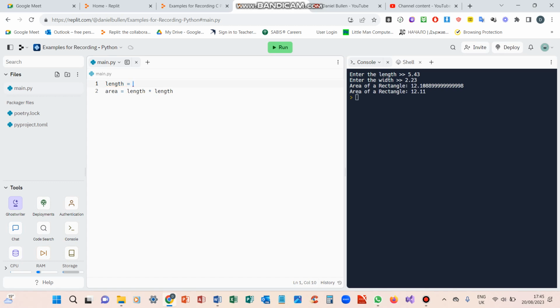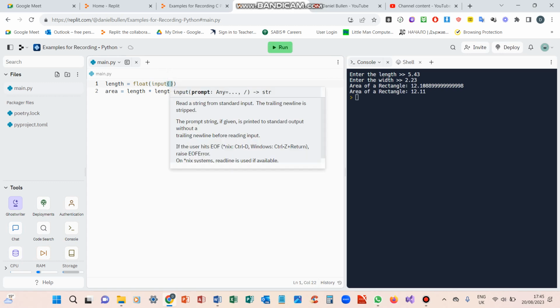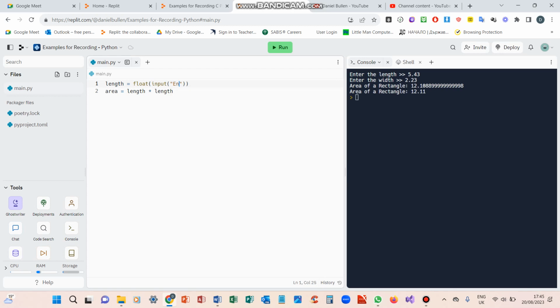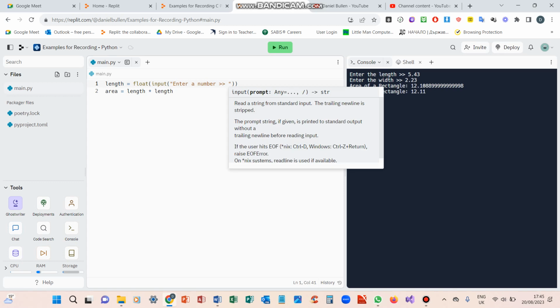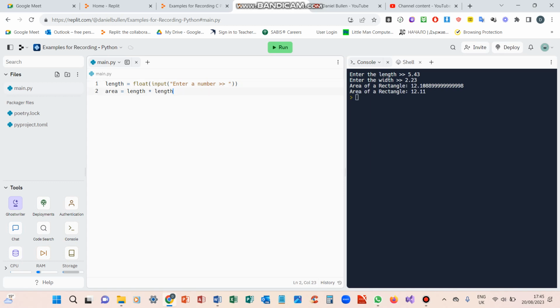equals, and we could have a float or an int, but we're going to do a float, and I will explain why shortly. Then what we need to do is input, shift, brackets, shift 2, get your quotes. Then we'll need to say something like enter a number. So the user is going to be entering a number,